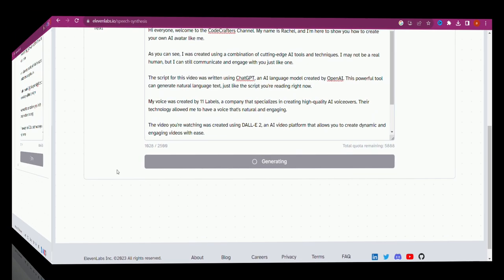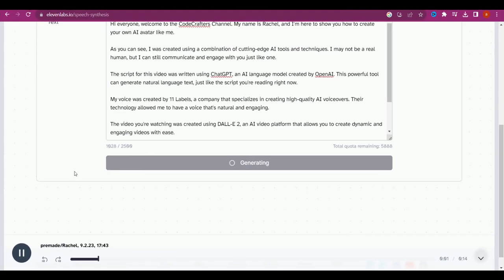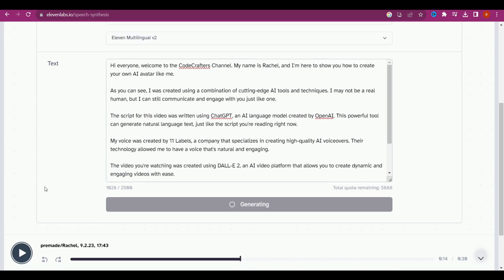Hi everyone, welcome to the Code Crafters channel. My name is Rachel, and I'm here to show you how to create your own AI avatar like me. As you can see, I was created using a combination of cutting-edge AI tools and techniques. I may not be a real